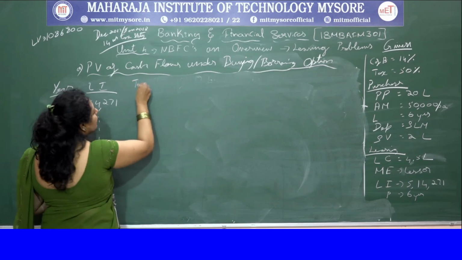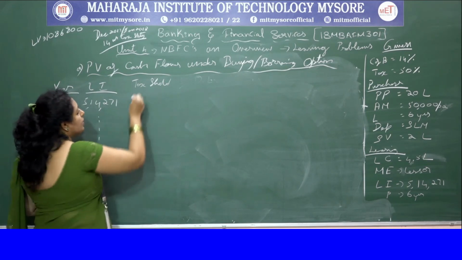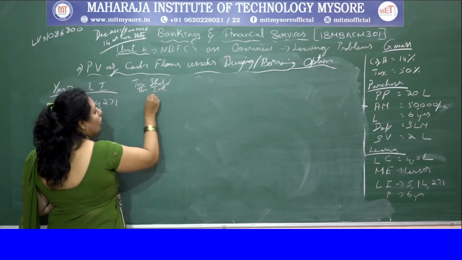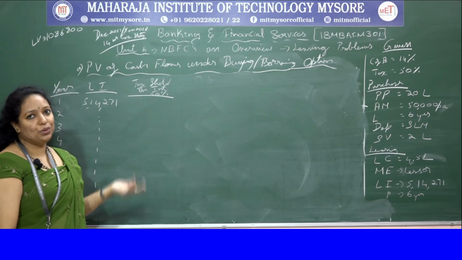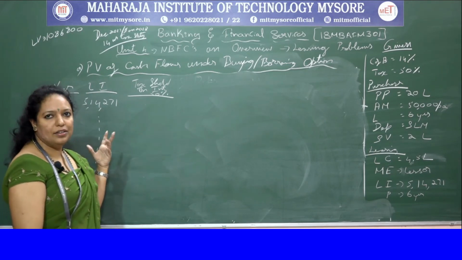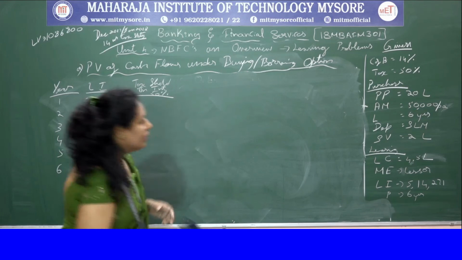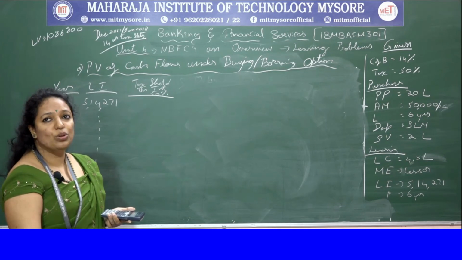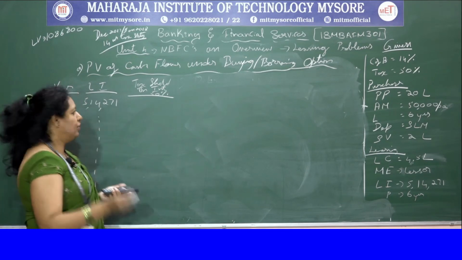Then tax shield on interest. Whatever interest amount is there, on that 50% is the tax shield. This you have to calculate. I already have the calculation, so directly I'll do it. You need to calculate 50% of it. On the price you have to put the 50%. So first year the calculation which we have made is 2,80,000. On that you make 50%, which will become 1,40,000.